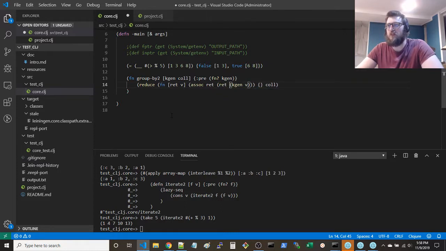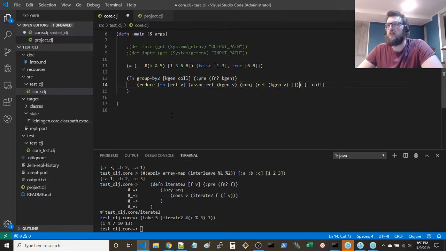So ret of keygen of v, and this should give you, if to the default, a new vector if it doesn't exist already. And no, excuse me. Keygen of v is the key. So that's the key that you're going to associate with, and the value is going to be this, also associated with, conjoined with v.